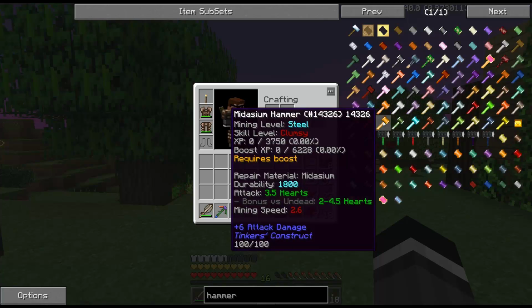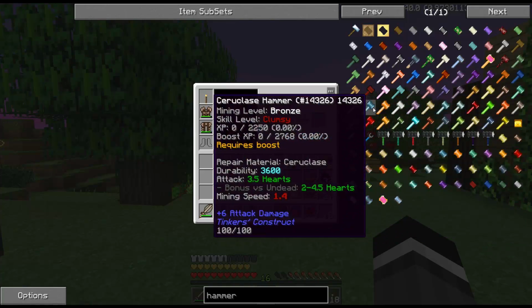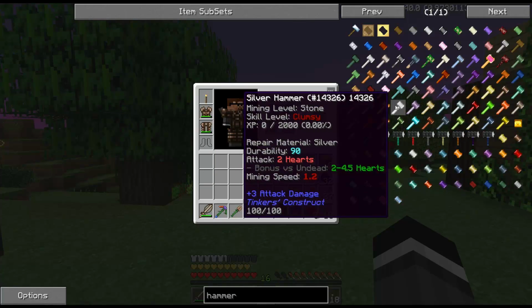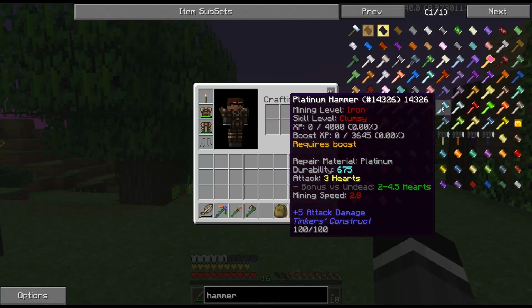Mithril Daisium, 2.6, 6,000 boost, 1,800 durability, but you can find that stuff everywhere. That's an idea. Sanguinite. Okay, so I'm going to look through this some more. Mining speed 0.8. Oh yes, let's get that one. Yeah, let me look through this some more. I think if we could just get one level of